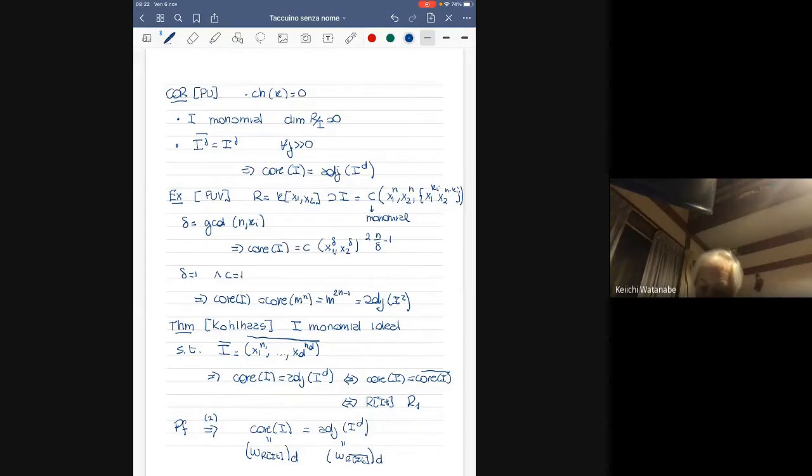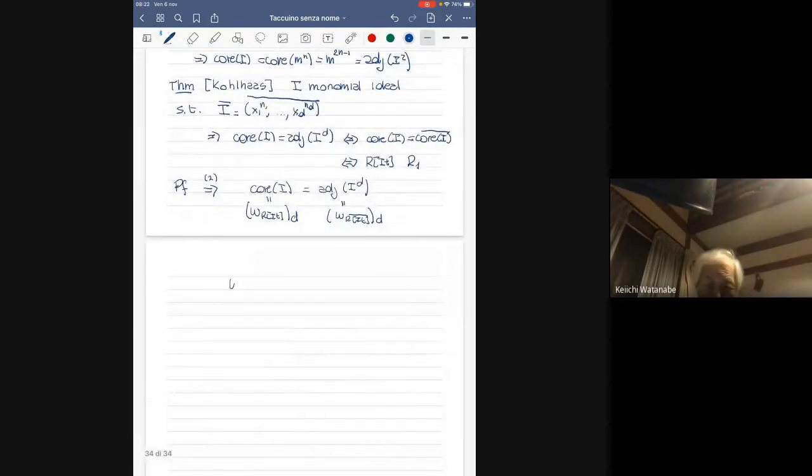And the fact is, you always have an inclusion of canonical modules. The canonical module of the integral closure is contained in the canonical module of R[It]. And they are equal, obviously, when you look at it in degree d, but actually they are also equal